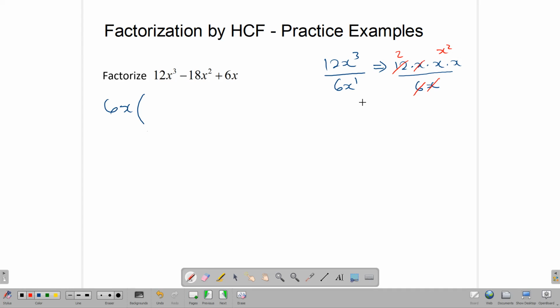Another way to get our result here is to use the division rule for indices, which says a to the y divided by a to the x, and it says we can simply subtract the powers, so we can write a to the y minus x. So in working this out,